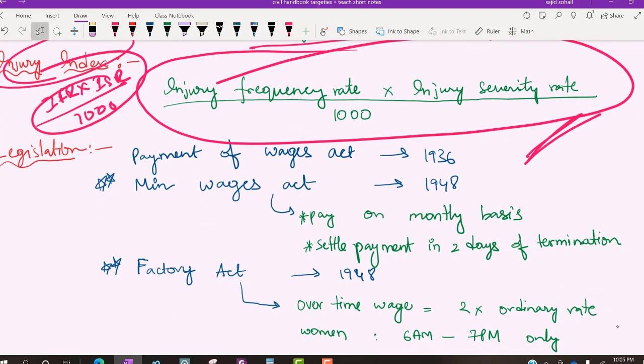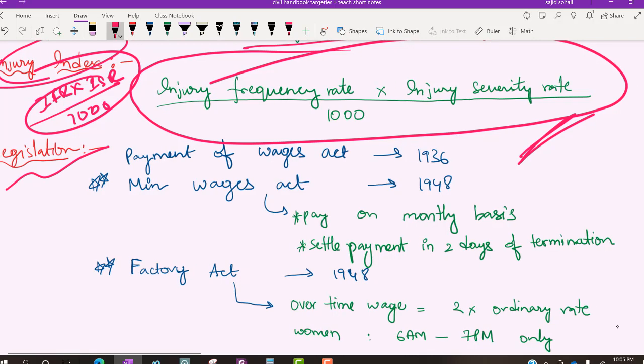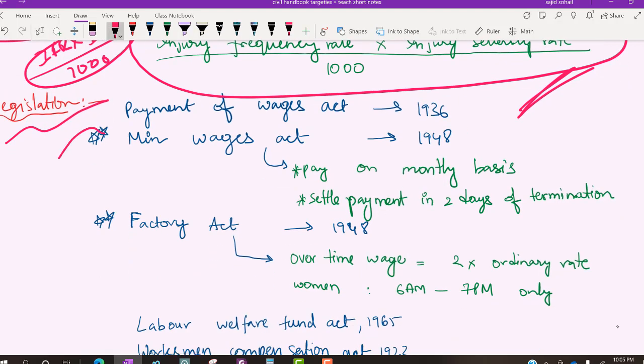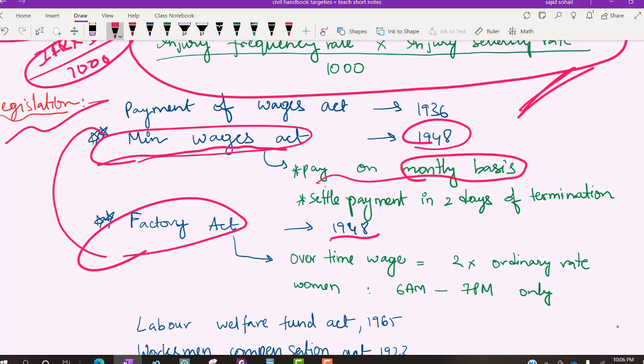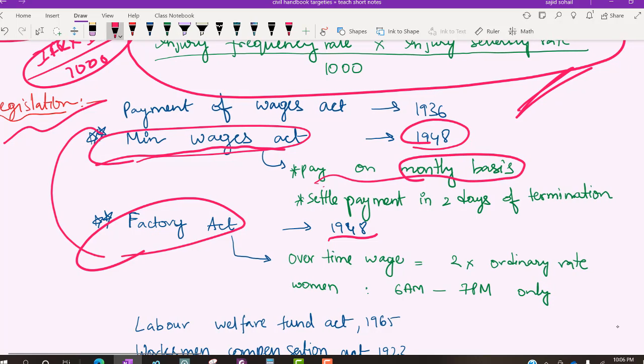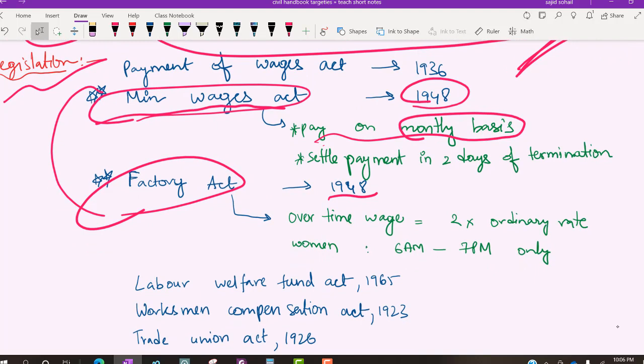Done. Next is legislation. What is this legislation? There are some laws for labor which guarantee them their rights. These laws you have to remember. At least ये दो याद रख लेना. Minimum Wages Act कब आया था? 1948. Same year there was one more act which is Factories Act. Minimum Wages Act क्या किया था? This said you have to pay your workers on a monthly basis. Okay, ऐसा नहीं कि साल के बाद आप सैलरी दोगे, or else घर नहीं चलेगा ना उसका. So obviously you have to pay on a monthly basis. Who said this? Minimum Wages Act.